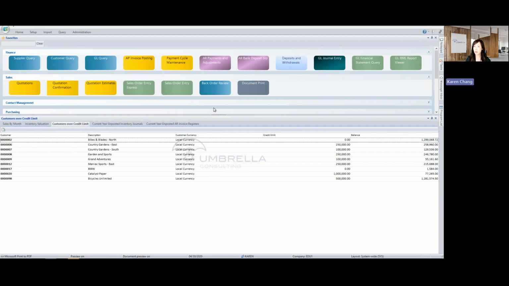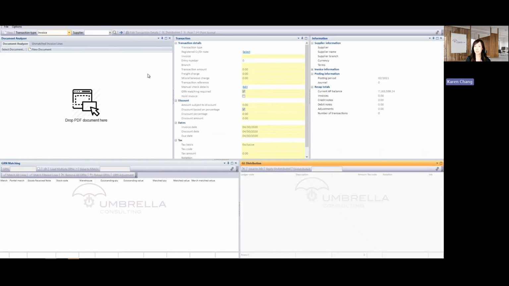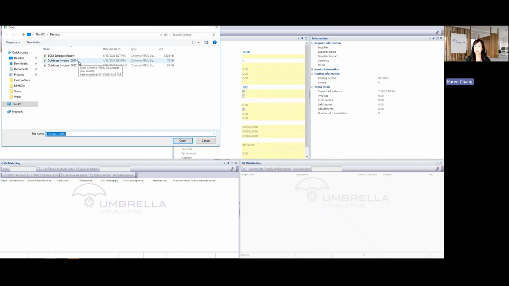I have SYSPRO up on my screen here. I'm going to click on to my shortcut for AP invoice posting. And you'll see this document analyzer pane on the left-hand side of my screen. From here, I will click on the select document and select the AP invoice that I want to enter. I'm going to select my outdoors invoice